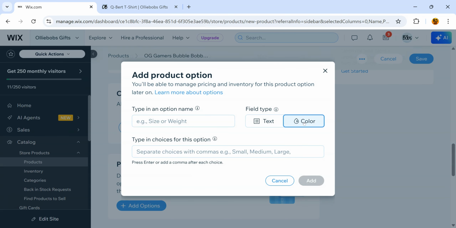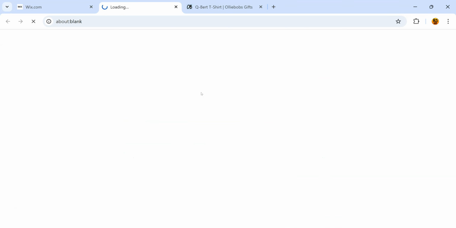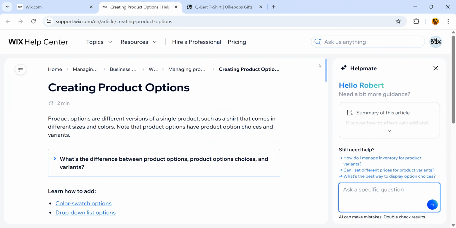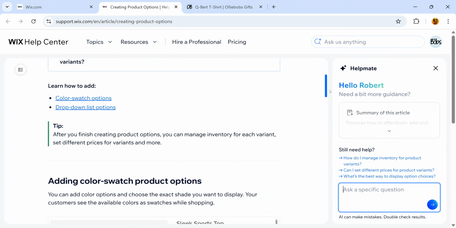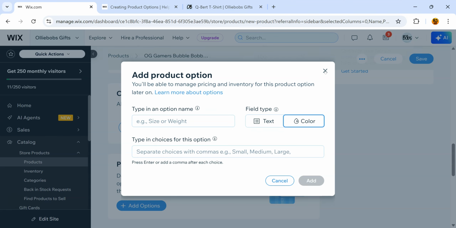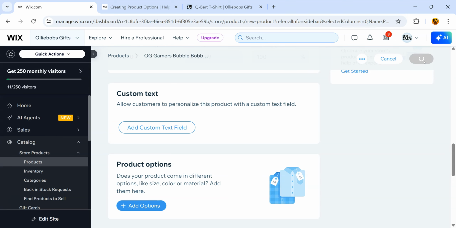Field type, color, size or weight, type in shoes options, learn more about options. And I know there are things on here where I can put in sizes as well. Ah, there we go, look. So it's actually showing me what it looks like there, color type. So the idea would be to actually start going and look at these things and maybe put things in which are suited to. But for the time being, I'm going to press save